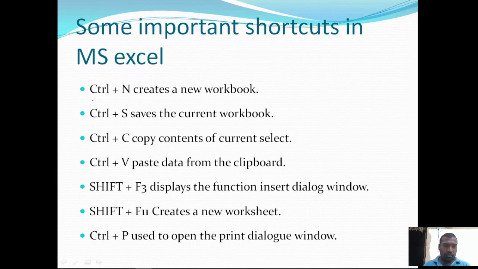So the first one is Control N. Press the Control key on the keypad and then, while holding the Control key, press the N button. It is going to create a new workbook.